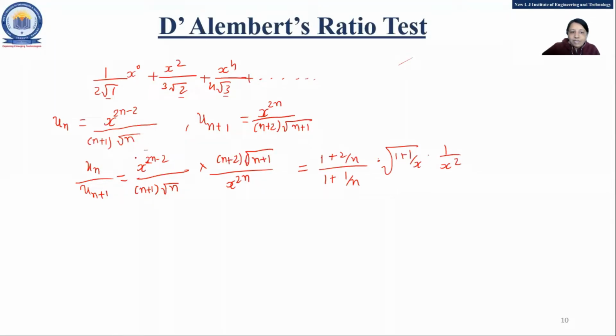So that can be rewritten, I am just specifying one step. This is x raised to 2n into x raised to minus 2 upon x raised to 2n. So this is supposed to be cancelled out. Now this is 1 by x square. So we are having 1 by x square. Same way, n plus 2, n plus 1. If you take n common out, you will get this answer. Fine.